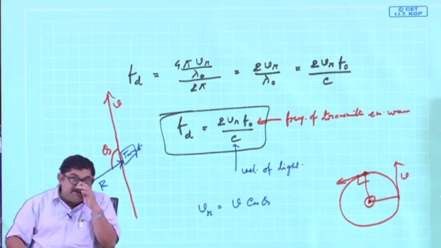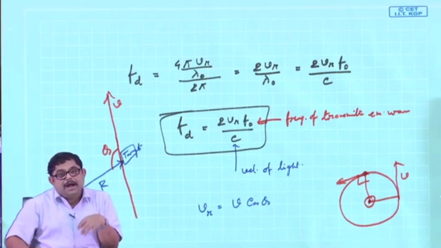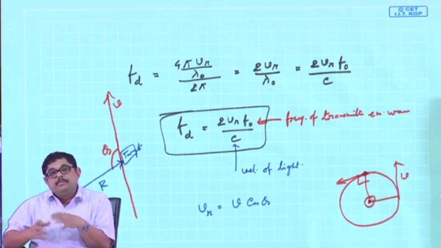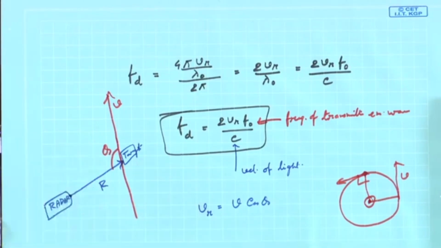These are the basic concepts we have learned. Next, we will go to various radars. So, we will start with the simplest radars, which is CW radar,